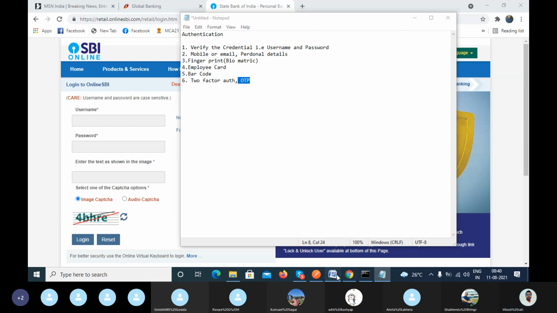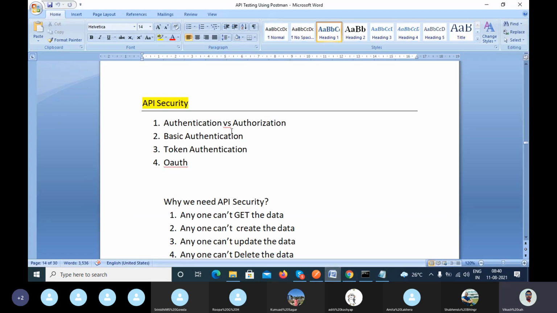So that is known as authentication. That is one way of API security.